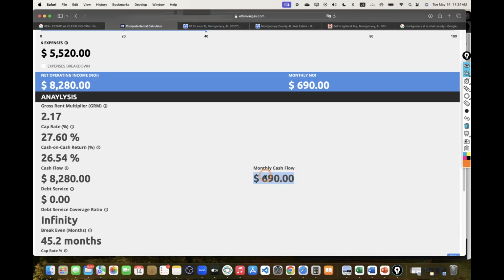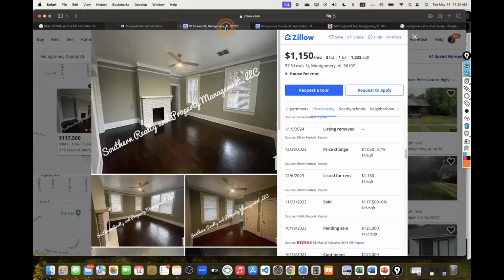Out of state, you don't have to manage this. Somebody else is managing it for you. You have one property bringing you $8,000 each single year. And then again, you have to spend some money to update it as well, but this is to bring it up to those standards.